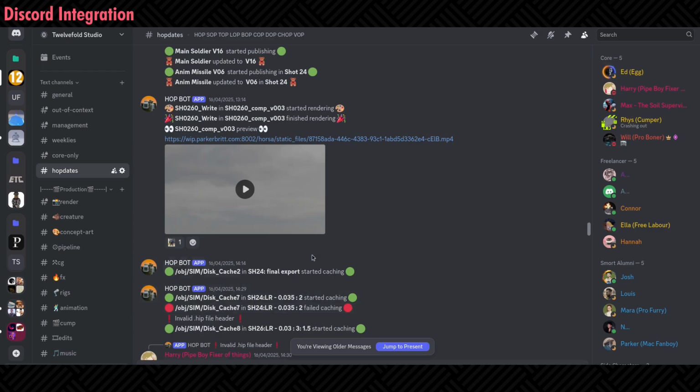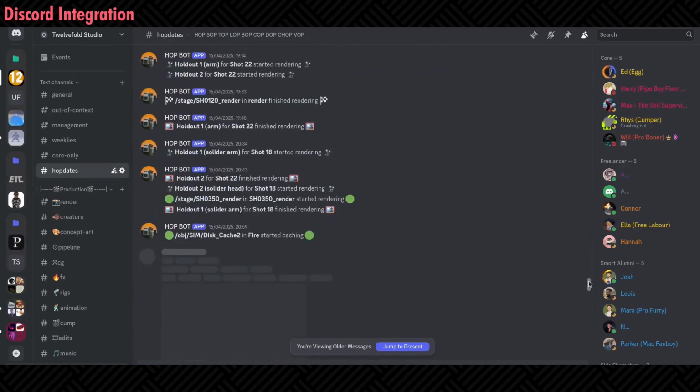You can see here actually as well, it will give us error messages if stuff breaks, and yeah, it's just really useful. Something else that's pretty cool